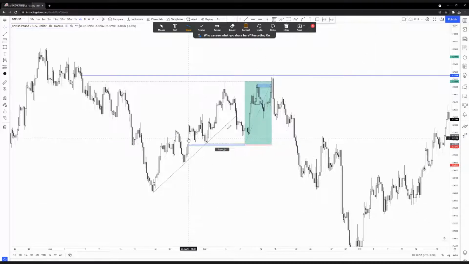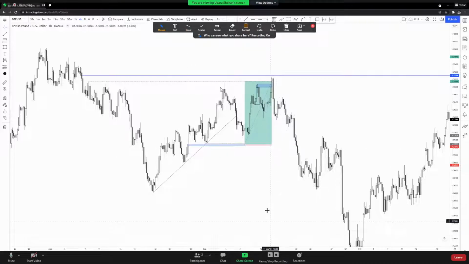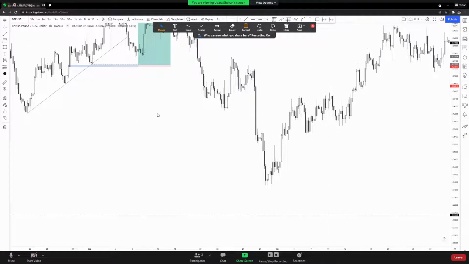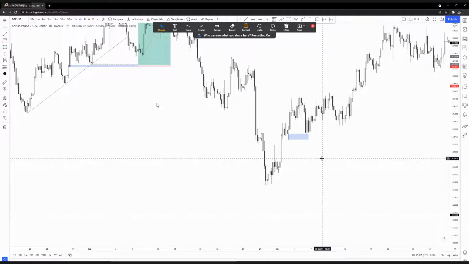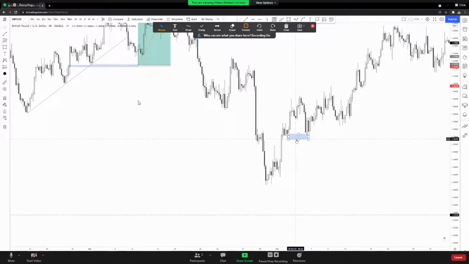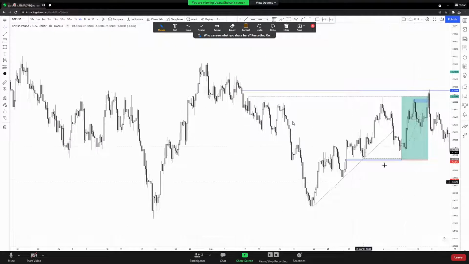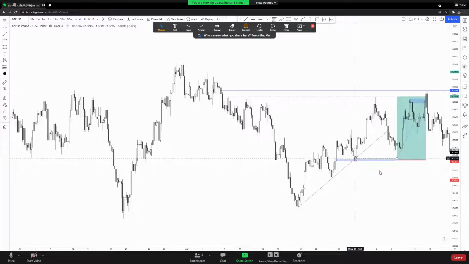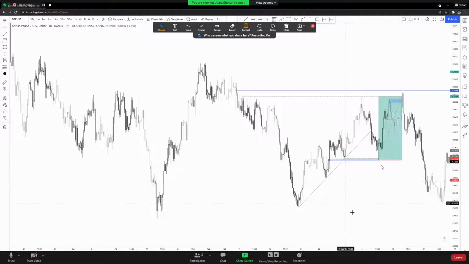Now, if there was no imbalance, if it was only this wick, for sure I'm going to use the wick. See that? But if there is nothing like that, now in this example, let's say there was no imbalance, we could have used the wick, because the imbalance was up here. So then you could have used the wick. But in here, the situation is different. We had a little imbalance right above the liquidity. See that? Right above the liquidity. So then you can use that. So yeah, that's about that.